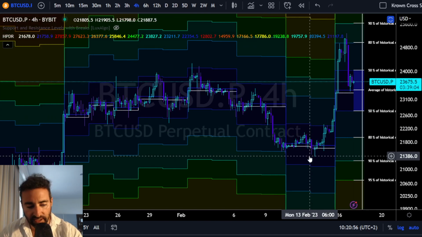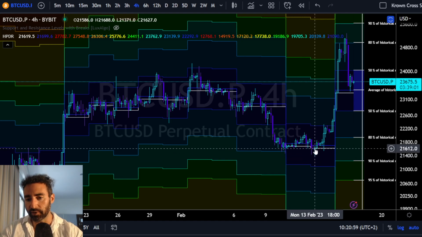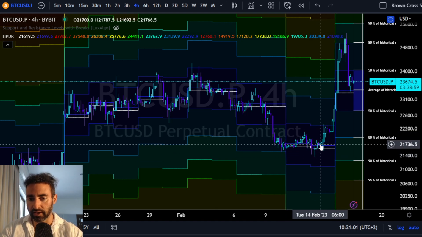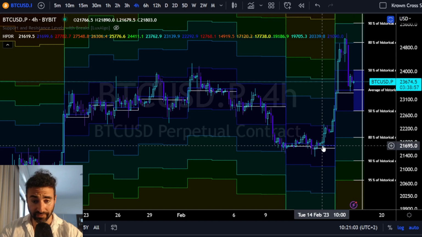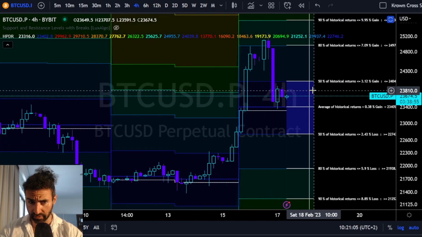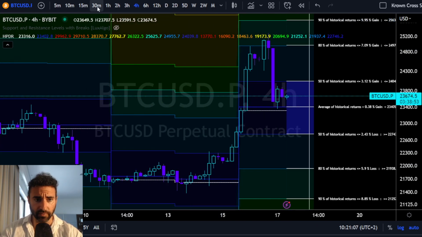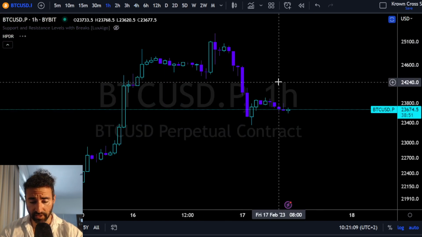The daily is still in an uptrend as long as Bitcoin's above the last higher low on a daily closing basis, which is about 21.7 or so. This is only really relevant to the lower time frames. However, there is a nice setup emerging here on the hourly timeframe with the HPDR indicator, which if we can